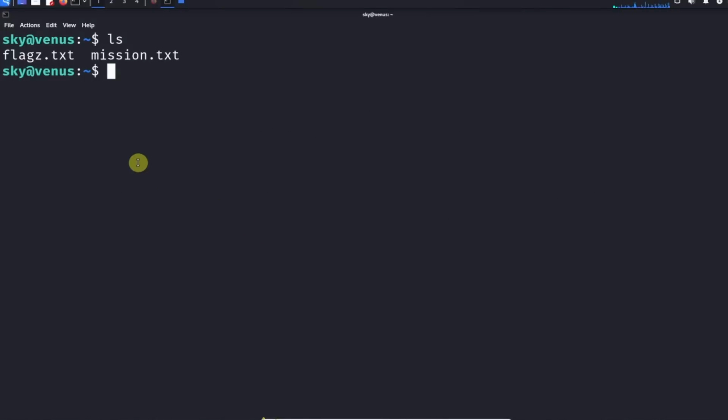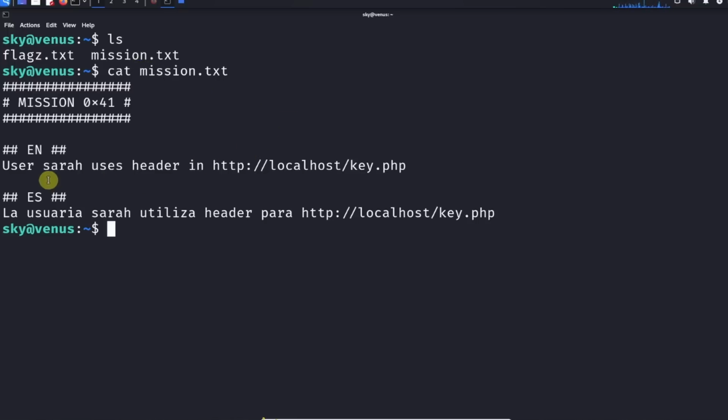All right, everybody, this is a guided walkthrough for the Sky level, otherwise known as level number 41 from the Venus CTF lab from HackMyVM.eu. Let's get started. So the first thing we want to do is read the mission.txt file over here. If we read mission.txt, it says user Sarah uses a header in HTTP localhost